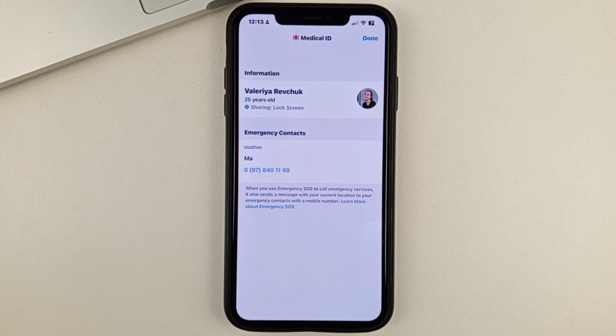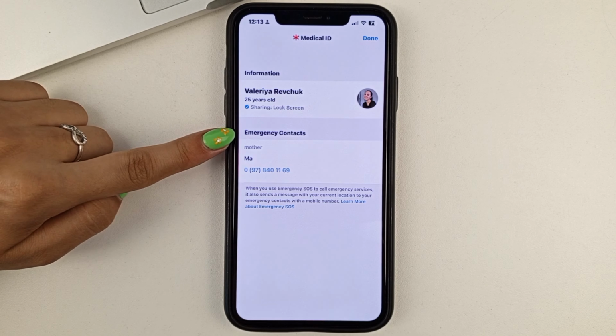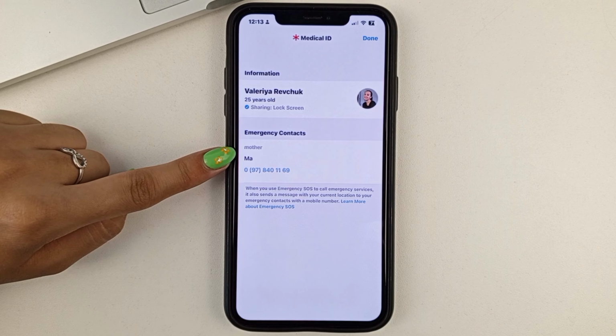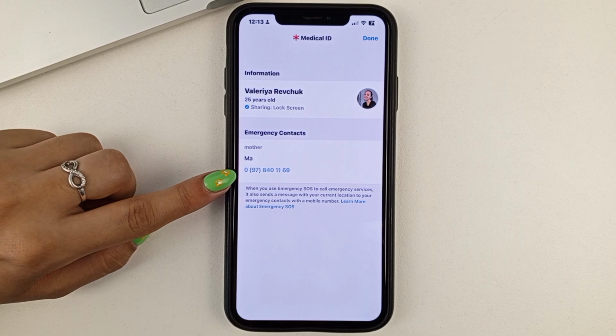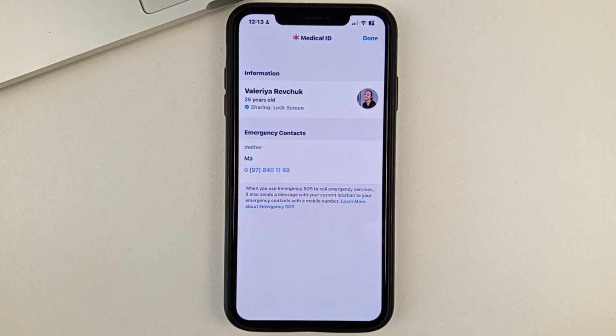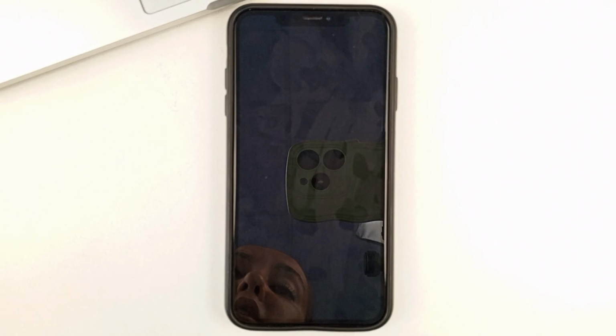Here you'll be able to see information about the person, like their name, maybe their year of birth, some additional information. And then further down at the bottom would be emergency contacts. This is where the person must have previously kept some contacts that you can call when there's an emergency. And if you click on a contact here, let's say it says mom or dad, or husband or kids or ambulance, and so on.